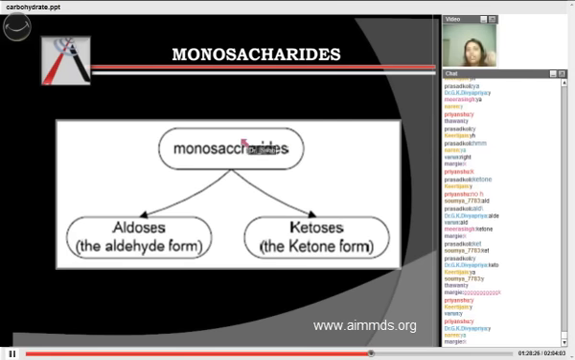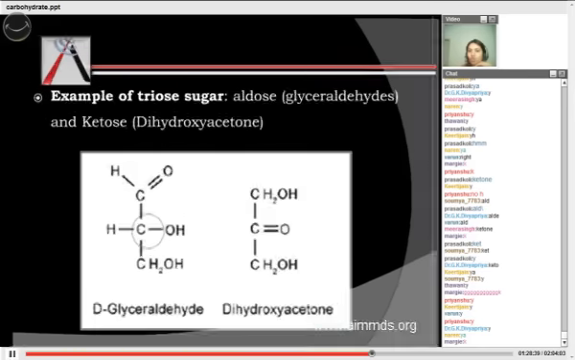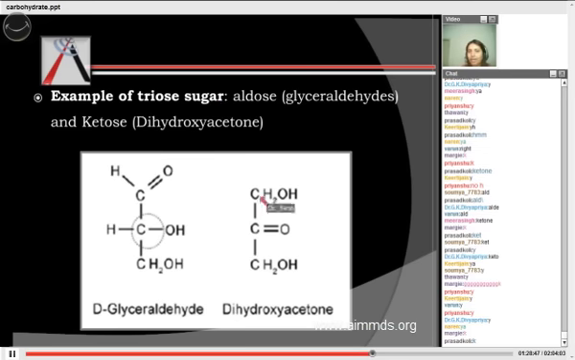Okay. Now we'll be talking about monosaccharides first. Probably we'll be able to finish monosaccharides today. Let's see if we can go ahead a little more. These monosaccharides have an aldose form and a ketose form, as we already saw with glyceraldehyde. The aldose is glyceraldehyde, and the ketose is called dihydroxyacetone. The names are important. The ketone form of glyceraldehyde is